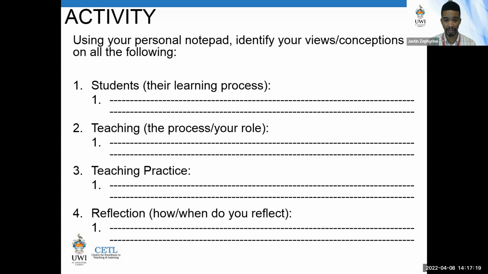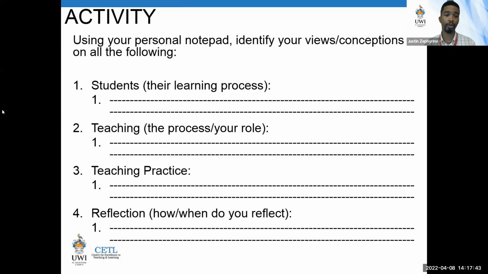What do you think is tantamount to students learning? Whether you believe that students learn through social experiences, whether you believe that students learn through active engagement, whether you think students learn better through technology, or one-on-one attention.